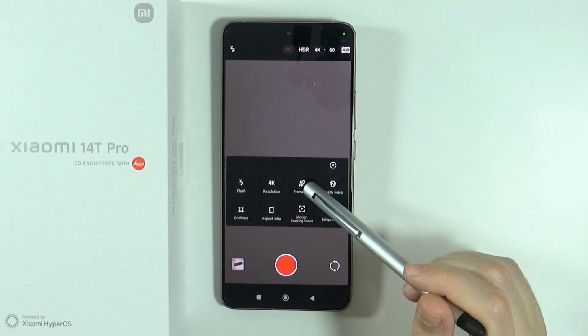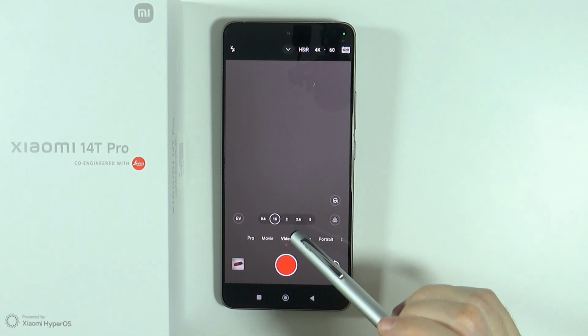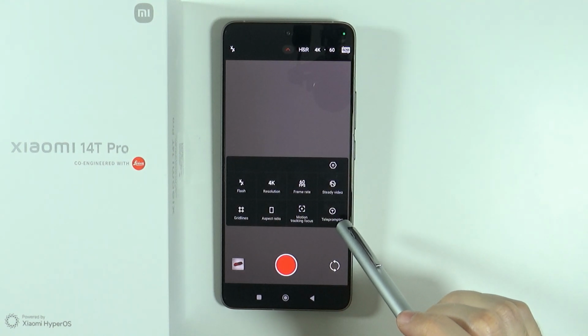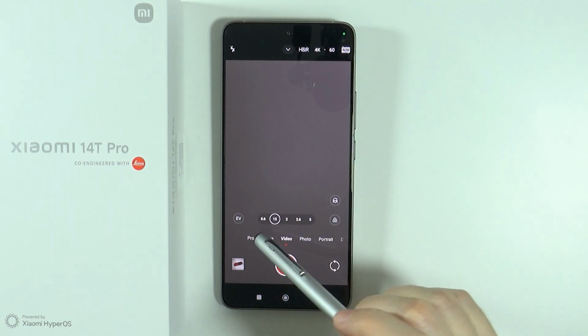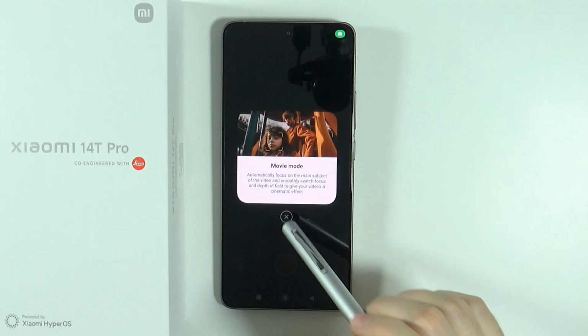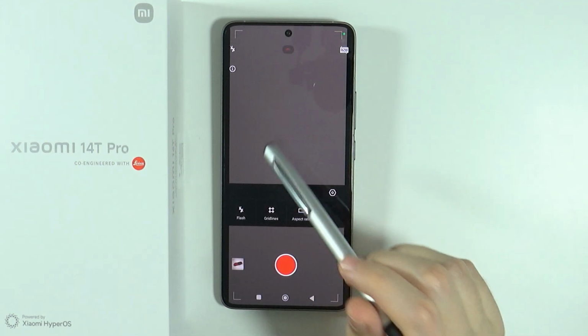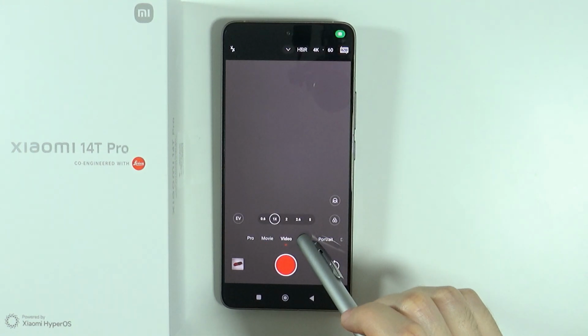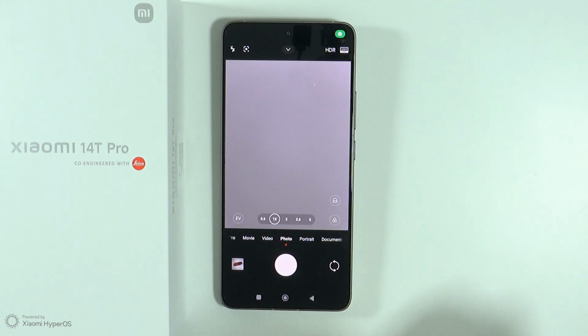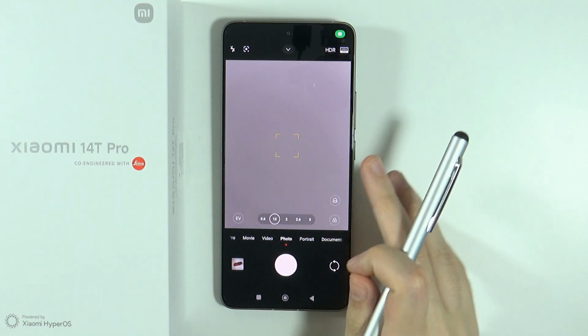And if you switch to video, then of course we have some more options, like the option to change the resolution, the frame rate, which is also over here. And we can use the teleprompter, we can change the aspect ratio, we can use steady video, and so on and so forth. We have the movie mode. And over here we also have some, not so much, but still some options. So make sure to check them out in order to either capture the perfect photo or record the